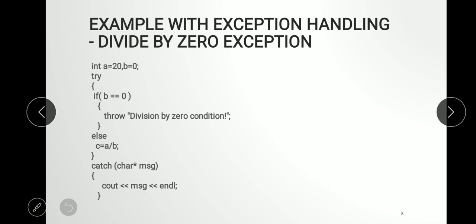If b is equal to 0, then an error has occurred, so we display the message that throws division by 0 condition. Else we use the normal output, that is c is equal to a upon b. Whenever the exception is thrown, it is caught by the catch block, and we display the message which is defined inside the throw keyword.